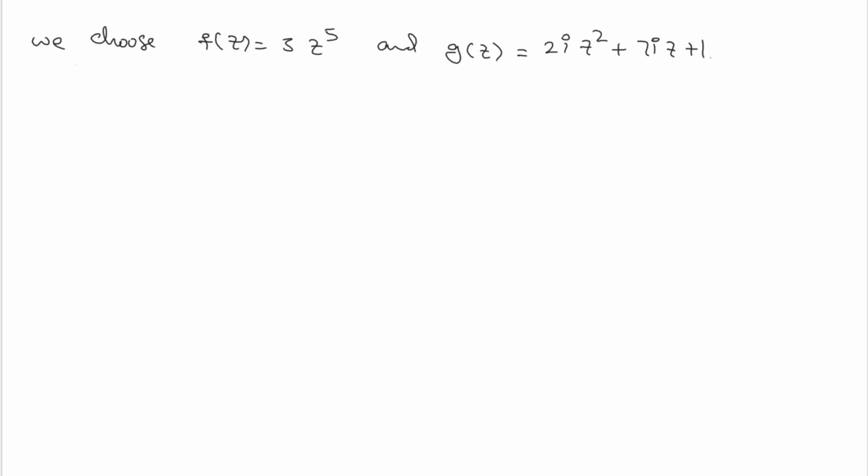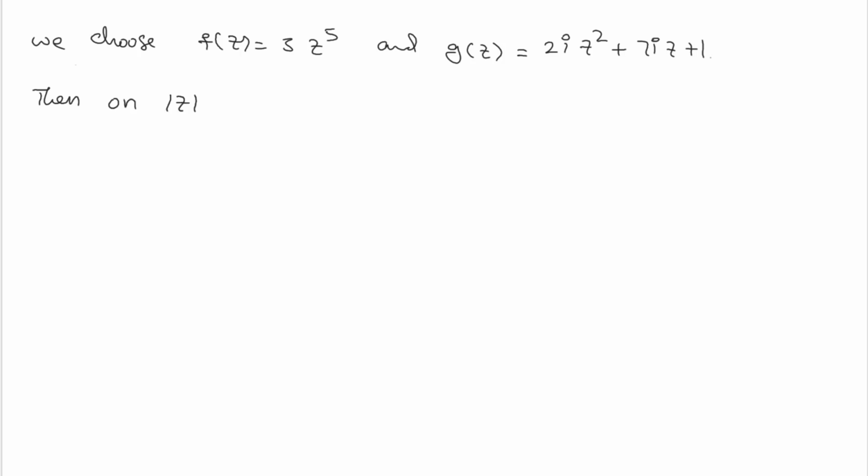I choose the function f of z as 3 times z to the power of 5, and g of z as the remaining part of the polynomial, that is 2i times z square plus 7iz plus 1. If we choose the functions f of z and g of z in this manner, then